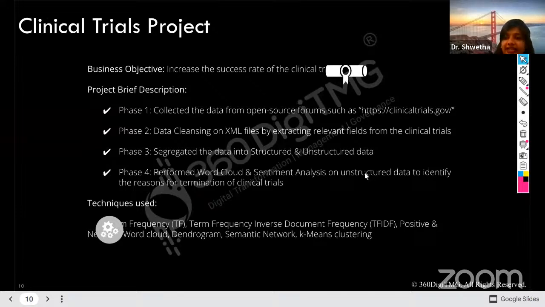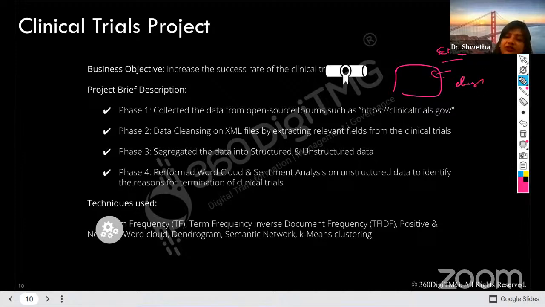We'll take the data from that website by scraping or extracting and then cleanse the data. Mainly for the trials which have terminated, we go and check whatever the data is available and then try